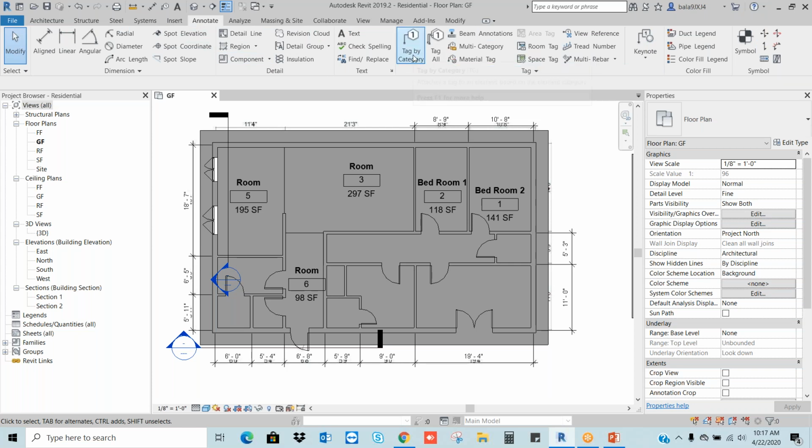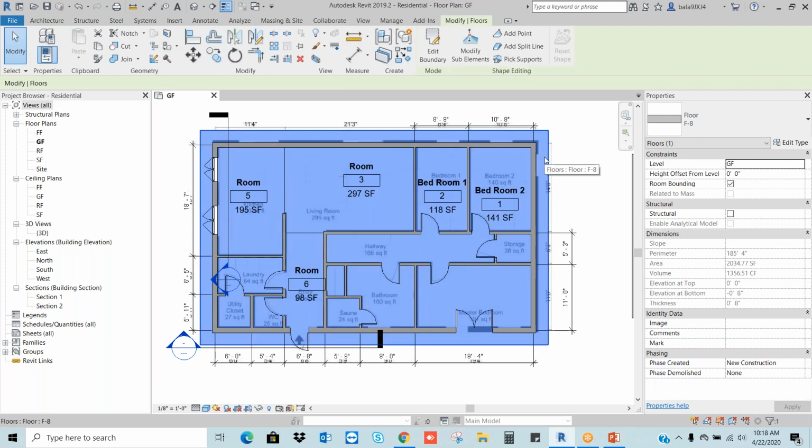Okay, tag by category. Before adding this tag, we should know what a category is in Revit. A category is nothing but a layer. Let's say for example, I'm selecting this floor.